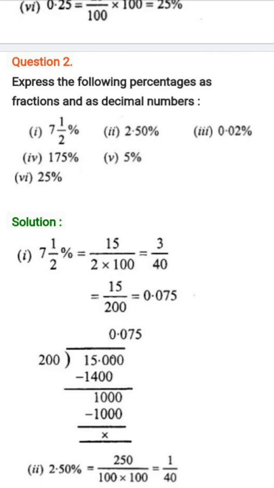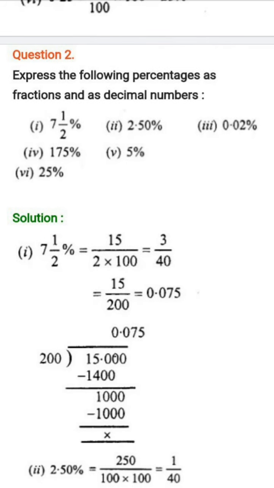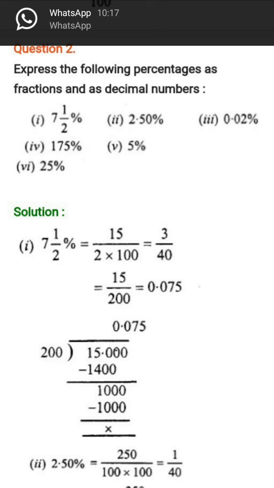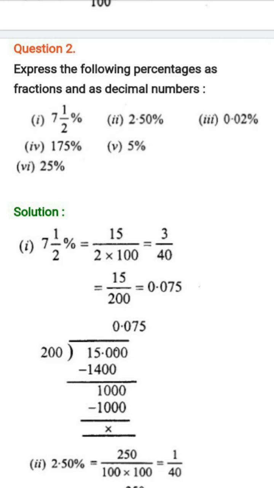So first convert this mixed fraction into an improper fraction. 2 into 7 is 14, 14 plus 1 is 15. So 15 upon 2. And instead of the percentage symbol I have written 100 at the denominator. So 15 upon 2 into 100. After doing the division, what answer will we get? 3 upon 40. 3 upon 40 cannot be